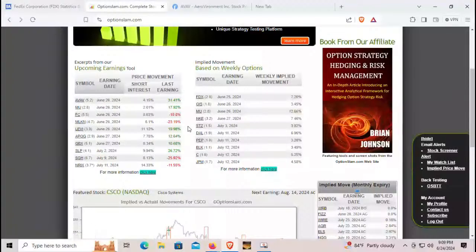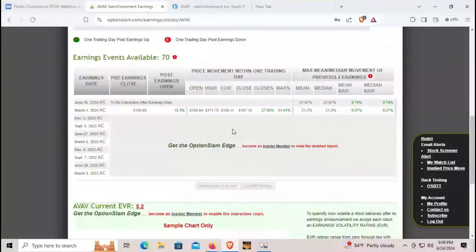So let's click again. So it was 130. Open 150, high 170, low 50, close 67. It was up 31% max, 27% close. So yeah, I could go down to these levels, 130, 150, 170. I'm going to have to do my research on this one, but